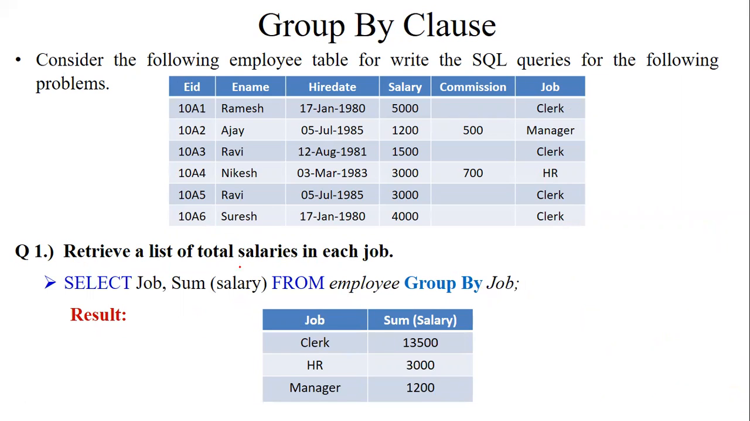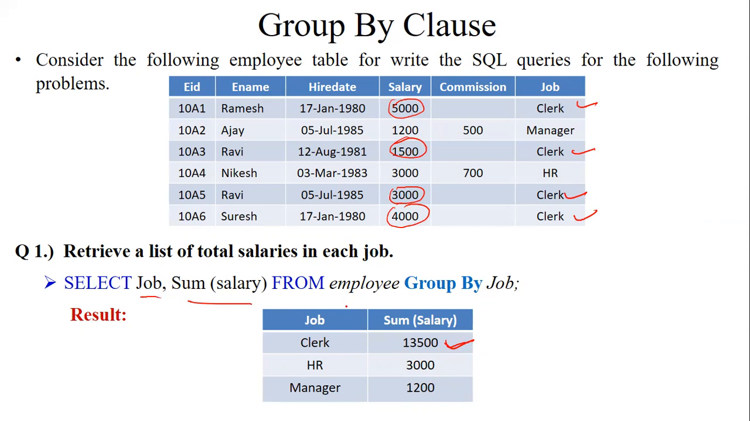Next question: retrieve a list of total salary in each job. Now you want to fetch total salary in each job. तो क्लर्क के ग्रुप में जितनी भी टोटल सैलरी होगी, उनका टोटल निकालोगे, ये वैल्यू और ये वैल्यू टोटल हो जाएगा। 13,500 आ रहा है टोटल सैलरी।